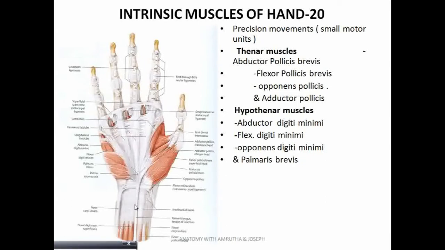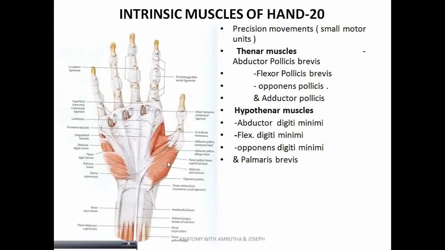For example, this muscle, palmaris longus, its origin is in the forearm and it's inserted in the hand. So this is a muscle which is coming from somewhere and reaches the hand. This is an example of extrinsic group of muscle. Now whereas intrinsic muscles are these muscles, abductor pollicis brevis. This is a muscle originating from the hand and inserted within the hand. So they are not going out of the hand. So this is called intrinsic muscles.